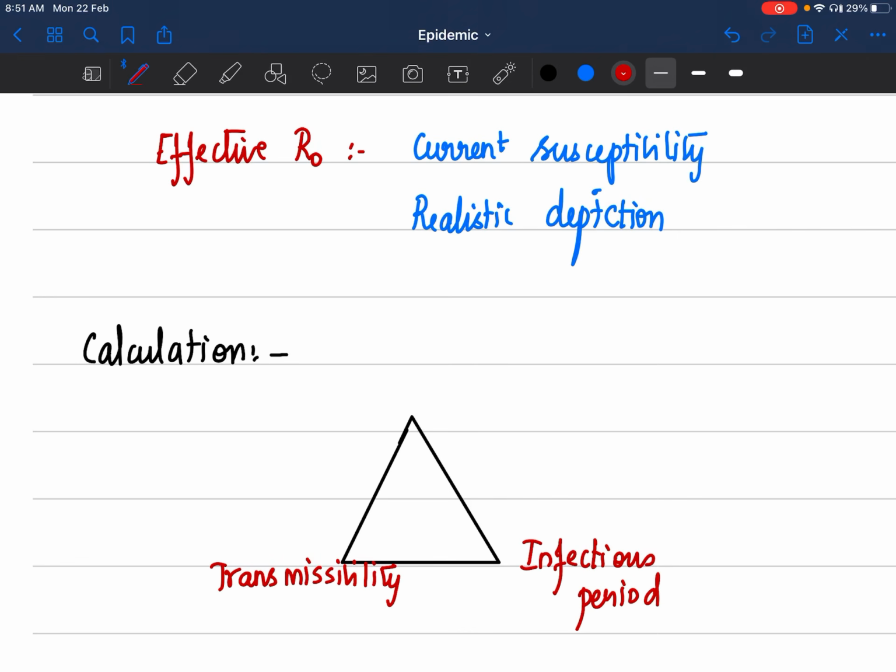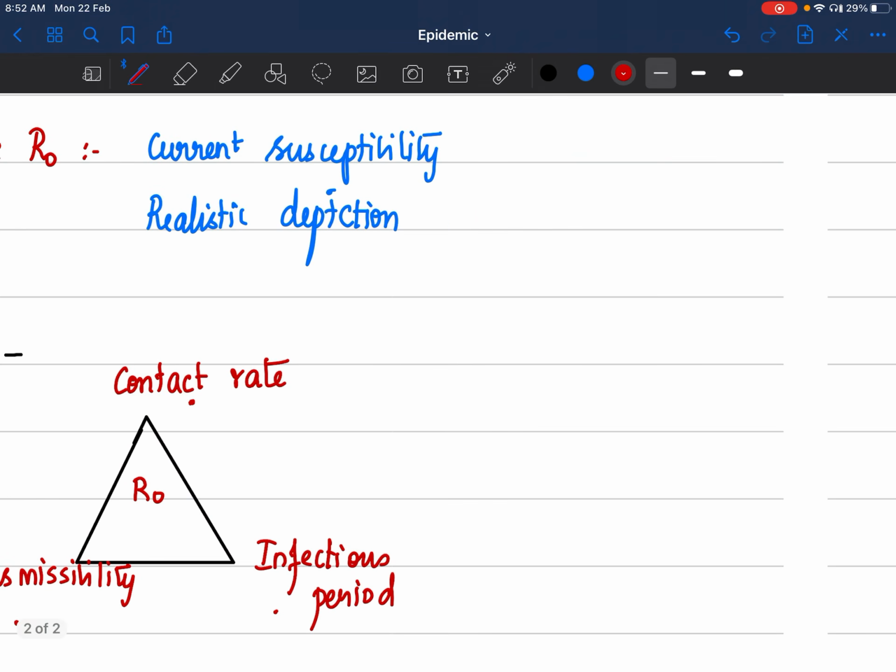Even if this person transmits, somebody should be there to contract that infection. So they should come in contact with this person, right? So contact rate. One person should have an infection, that person should be able to transmit, and another person should come in contact to contract the infection. So all these together will give you the R-naught. If you want to put it in a formula format, you can say R-naught is equal to,